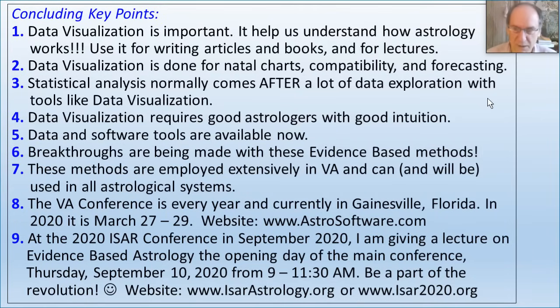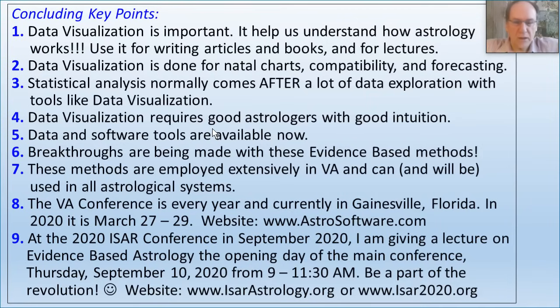Number 7, we employ these methods extensively in what we call vibrational astrology. That's the system that I use, and I'm sure it's going to spread into every other kind of astrological system. And I mentioned the Vibrational Astrology Conference. It's every year, currently in Gainesville, Florida. In the year 2020, it's March 27 to 29,